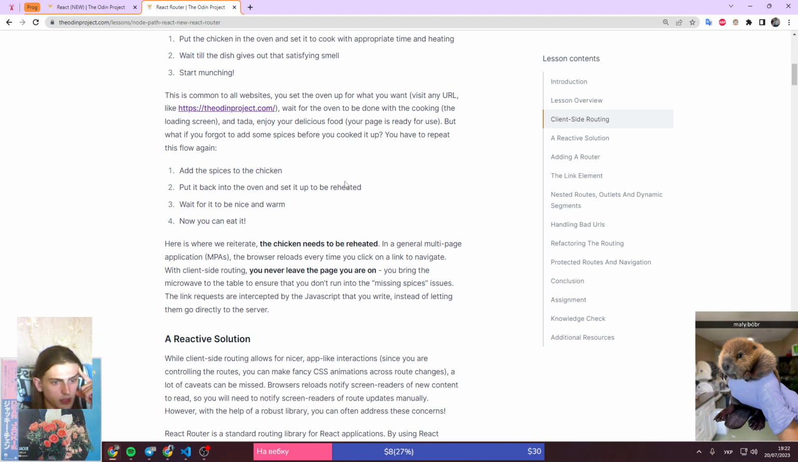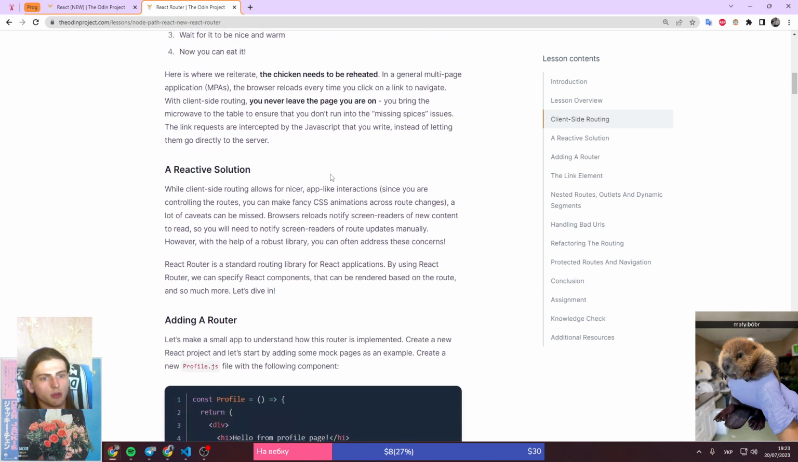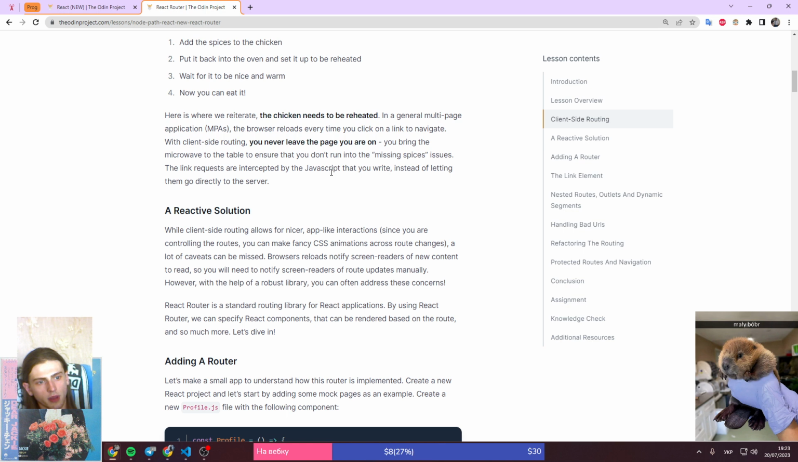With client-side routing, you never leave the page you are on. You bring the microwave to the table and ensure that you don't run into the missing spices issue. The link requests are intercepted by the JavaScript that you write instead of letting them go directly to the server. Client-side routing allows for nicer app-like